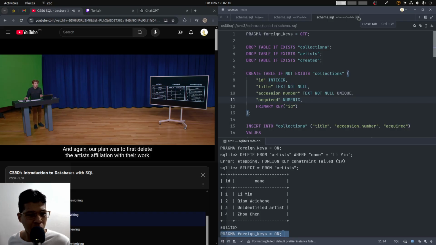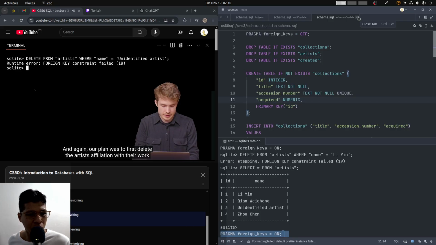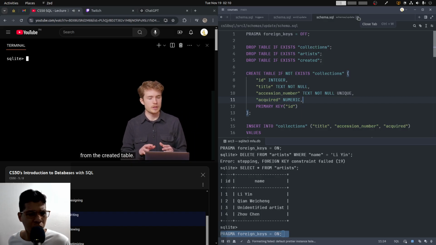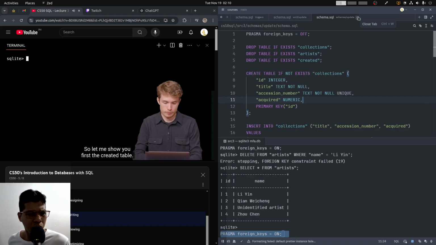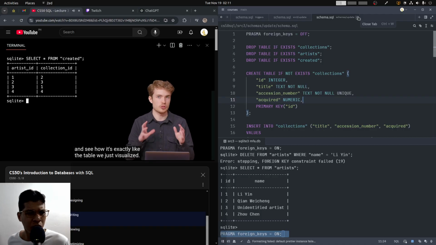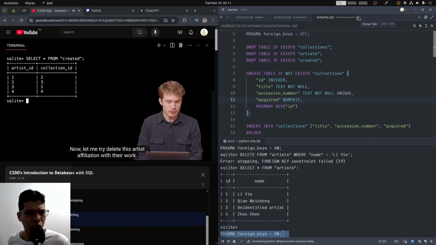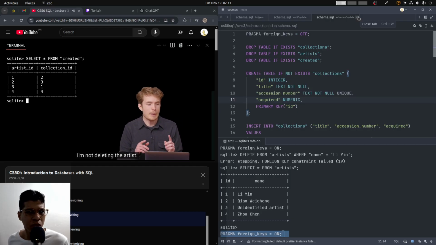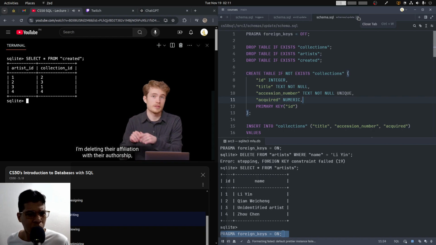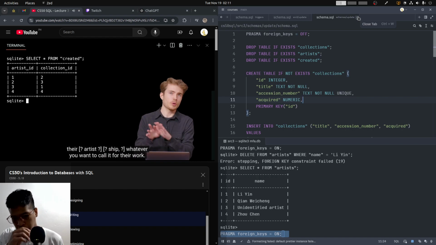And again, our plan was to first delete the artist's affiliation with their work from the created table. So let me show you first the created table. I'll say select star from created, and see how it's exactly like the table we just visualized. Now, let me try to delete this artist's affiliation with their work. I'm not deleting the artist, I'm deleting their affiliation with, their authorship, their artistship, whatever you want to call it,